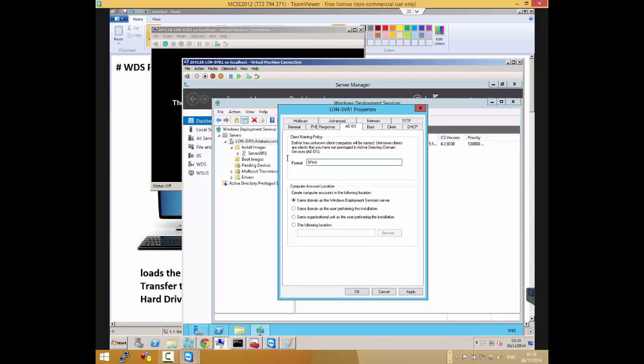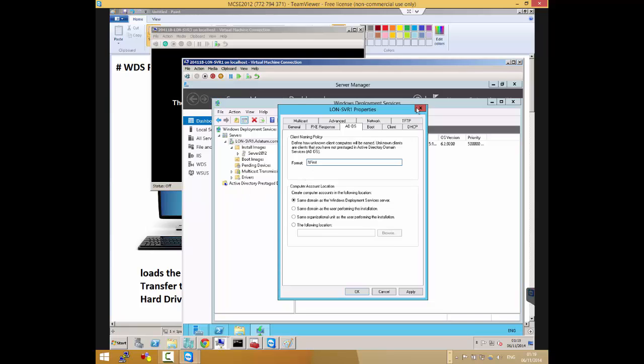No, actually, when you're doing WDS, it gets to a point where it will ask you to enter a username and a password. Any username and password that you enter there is what it will use, because WDS is designed for users to be able to build their computers. So that you as an administrator can tell a user, start up your computer, press F12, and you can build your computer by yourself. But for them to be able to do that, you have to give them access to join computers to the domain.